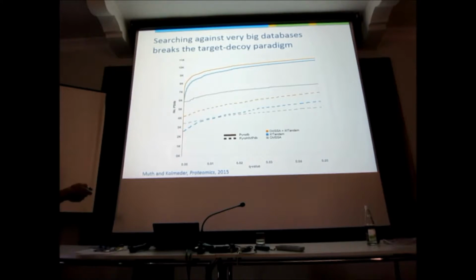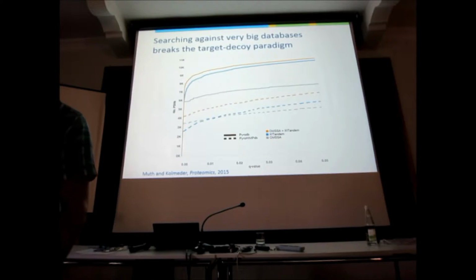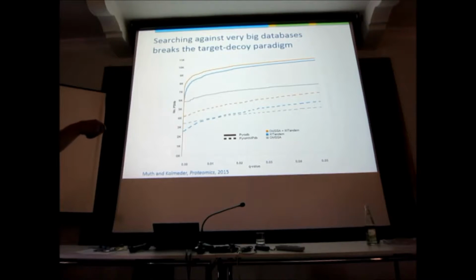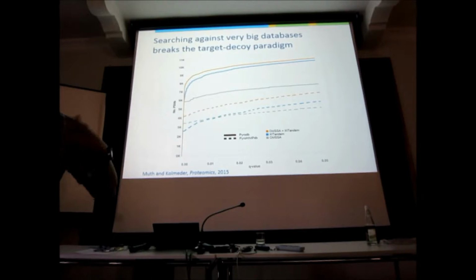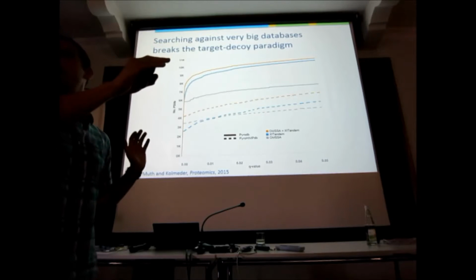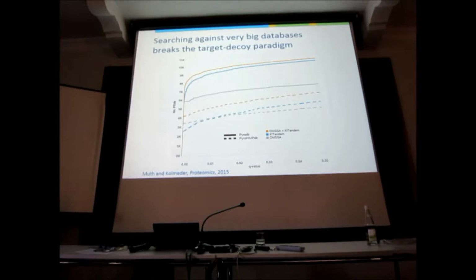And so the point is, this database is enormous, and as expected, the blue and the gray lines drop. But you notice one thing that you should have already expected. Tandem drops much more than OMSSA. In fact, Tandem and OMSSA are now cut to the same size. That's because some of the tricks that Tandem uses, unwittingly, it's not done on purpose, are now useless. Still, you do get an increase, and the increase becomes bigger than before, relatively speaking, when you use multiple search engines.